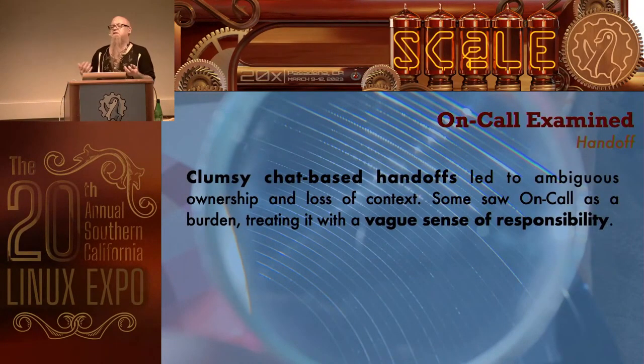Now, clumsy handoffs were another problem here. By clumsy, I mean, well, sometimes they happen in Slack and sometimes they didn't. We tried to put a Slack workflow in. It came on at like 10 o'clock in the morning, and it said, okay, it's time for on-call handoff. Whoever's coming off, please talk to whoever's coming on. Hit the button, and the baton is passed. Well, people would just look into the channel and hit the button and not talk. You know, it's stuff like that.